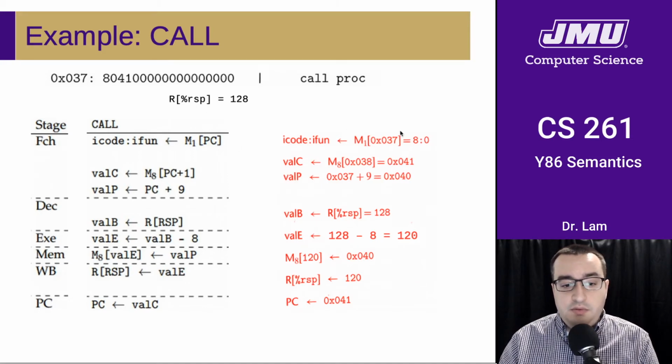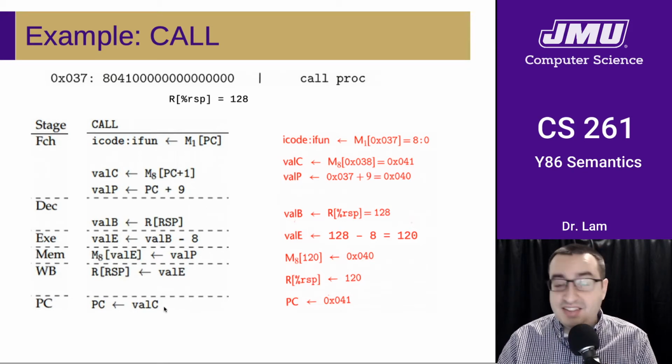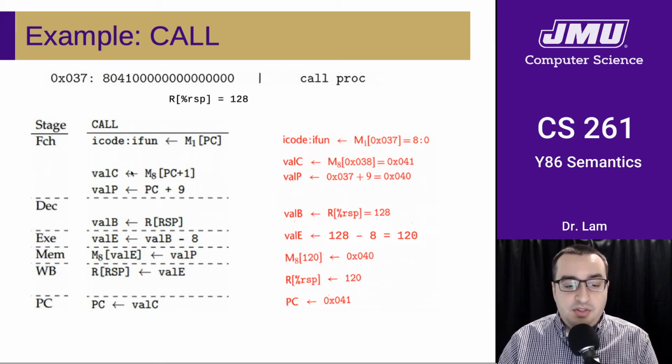So again, we're reading the first byte in and splitting it apart. We are going to be reading an immediate value from the instruction. Since this is a call, we know that this is the destination address. So we would hope to see this value used as part of the PC update at the end. And if we skip ahead a little bit, we'll see that that is exactly what happens. So this is going to be the address of the instruction that we want to execute next.